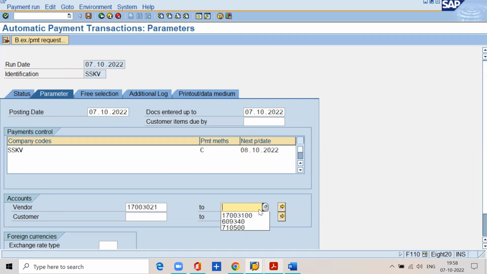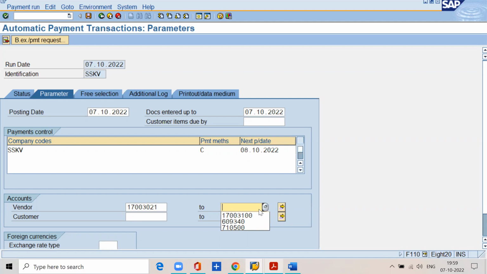On the basis of the next payment date, the system will print the check for those invoices also,